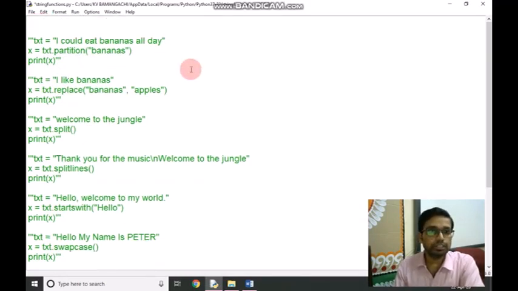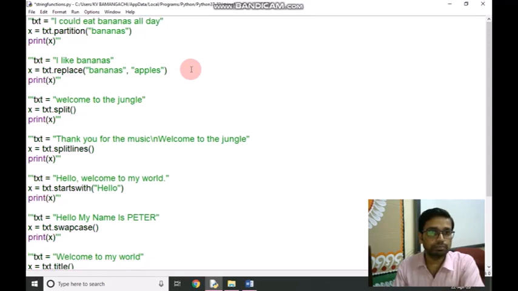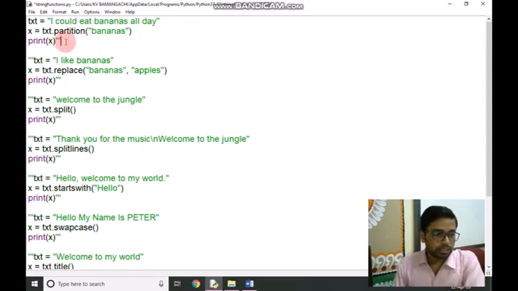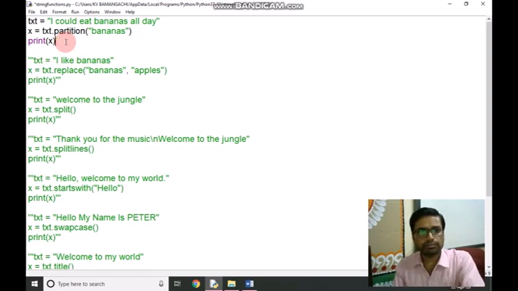Next function is partition. Partition returns a tuple where the string is parted into 3 parts. We are giving here "I could eat bananas all day", txt.partition, and we have given the argument as bananas. What will it return?